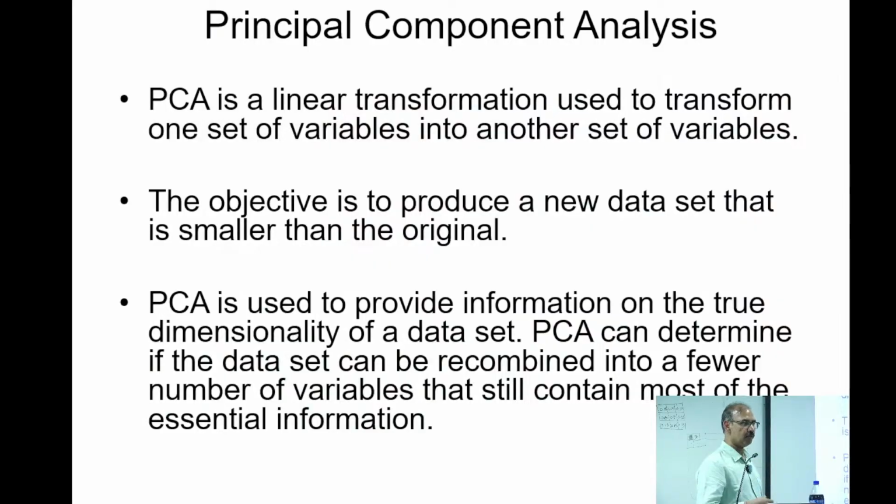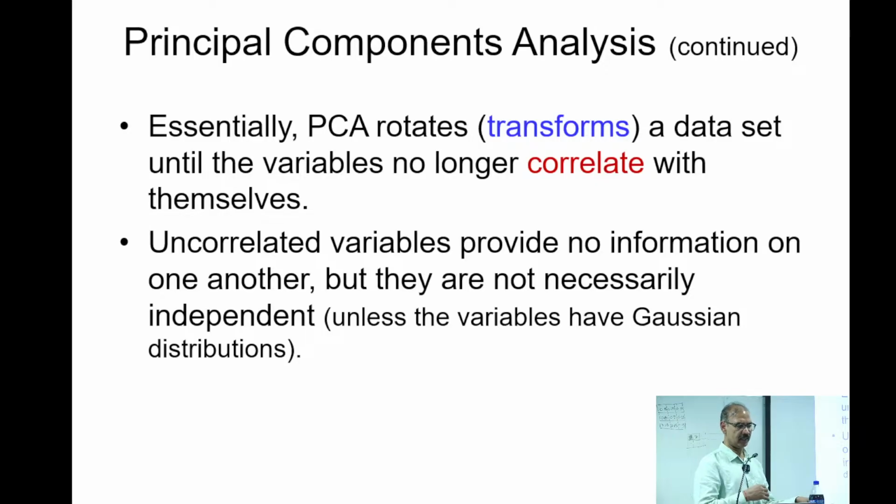And they would carry different weighting. And we have to find out, can we tell what the weighting is and what are these different parameters, right? So PCA basically transforms the data into a data set where the variables no longer correlate with themselves,